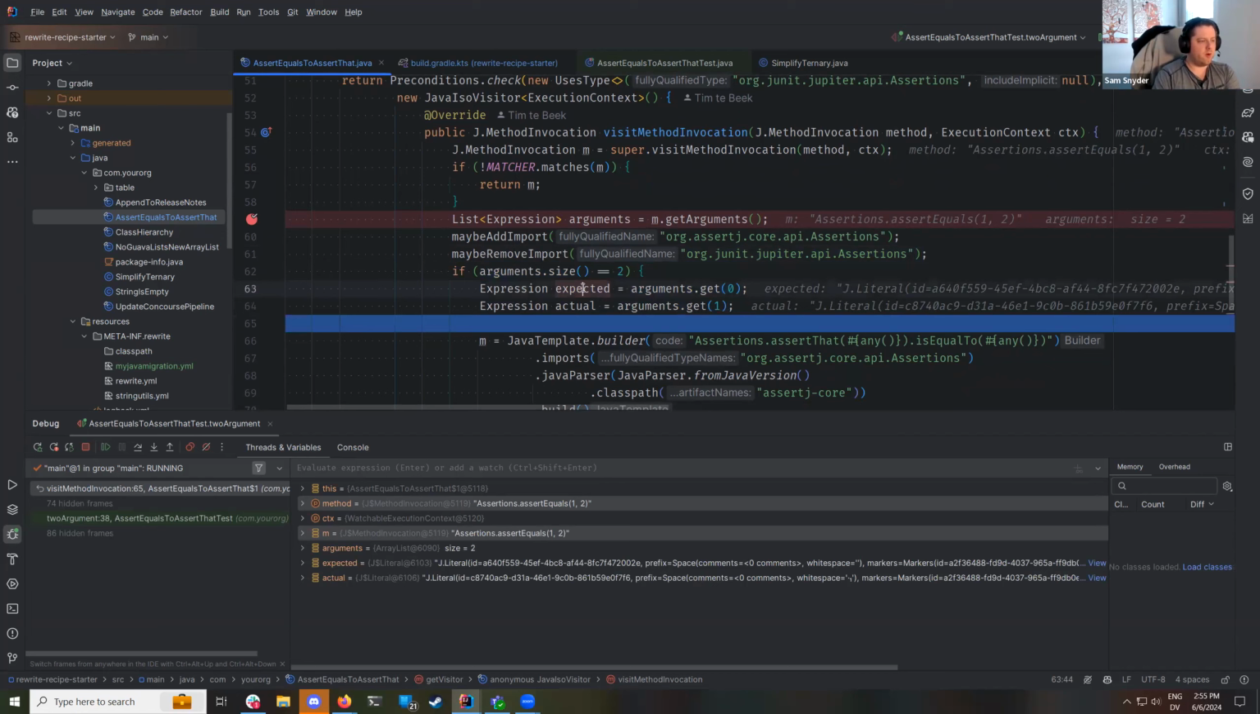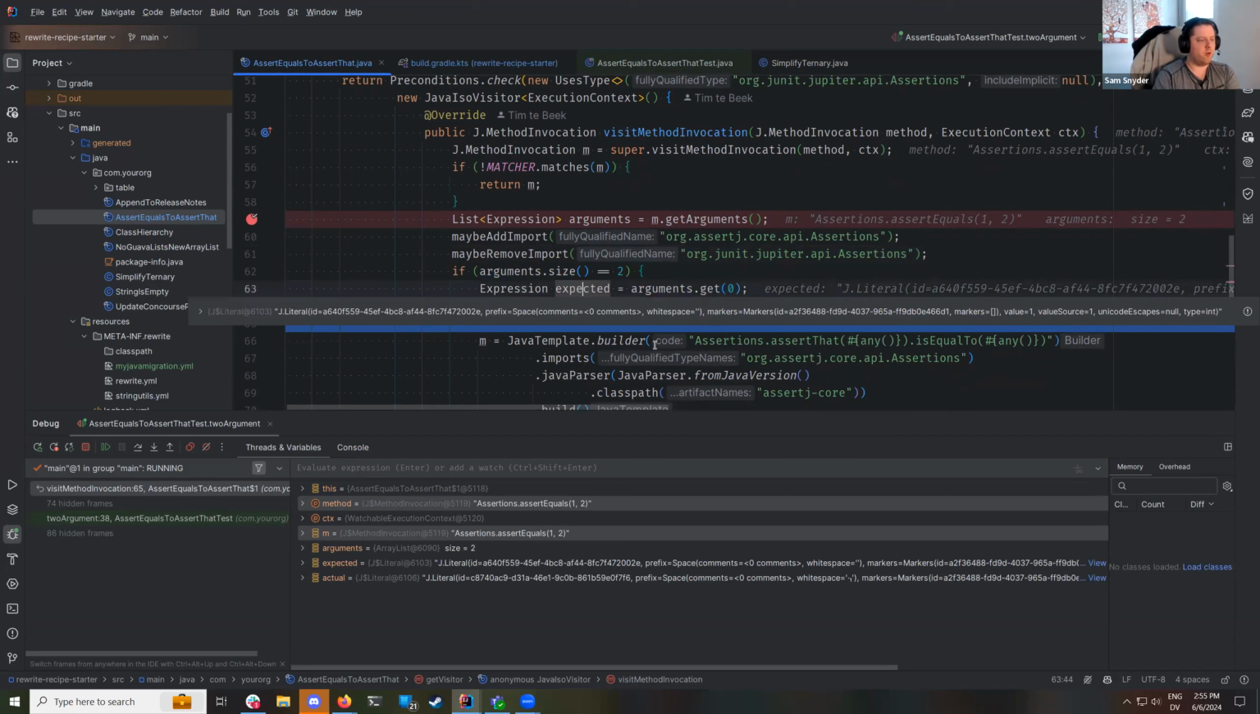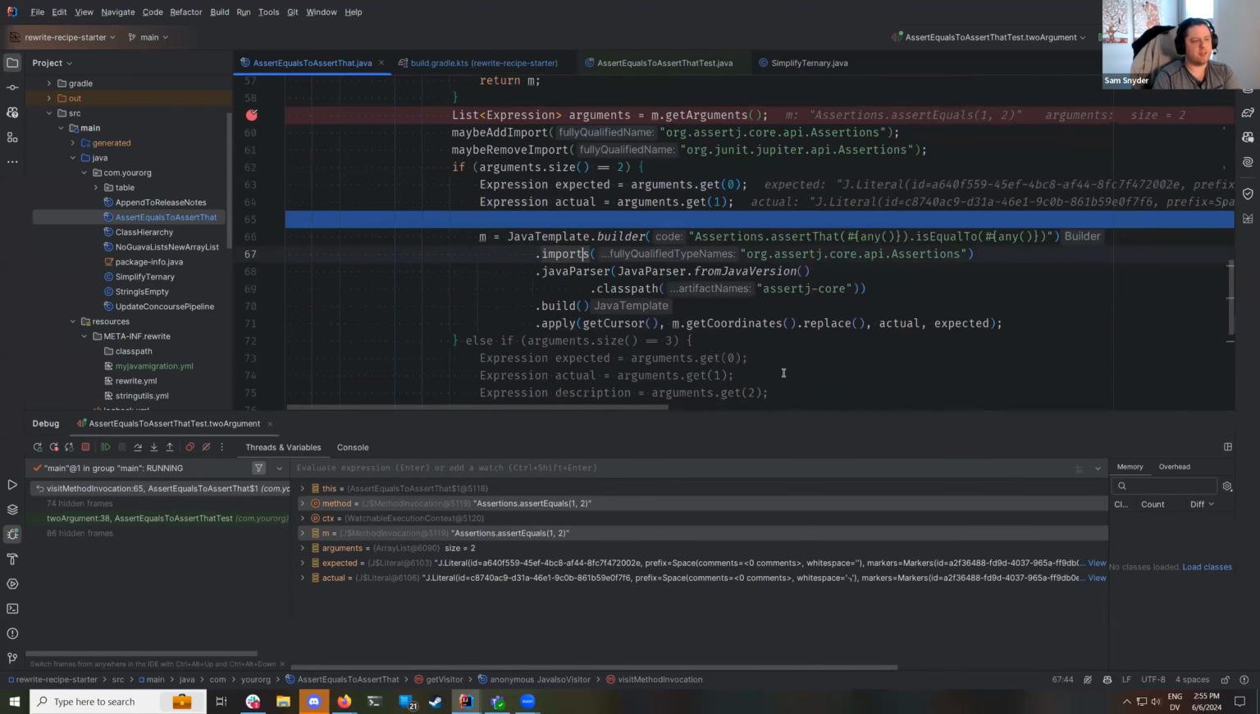Okay, so with the import manipulation scheduled, if not actually completed yet, we're going to step into this block and store the expected and actual arguments in convenient-to-access variables, and say, okay, we've gotten to this point. We've found a method invocation. It has the type we want. We have the data we want to keep from it. It's time to change it into its new replacement. And so JavaTemplate